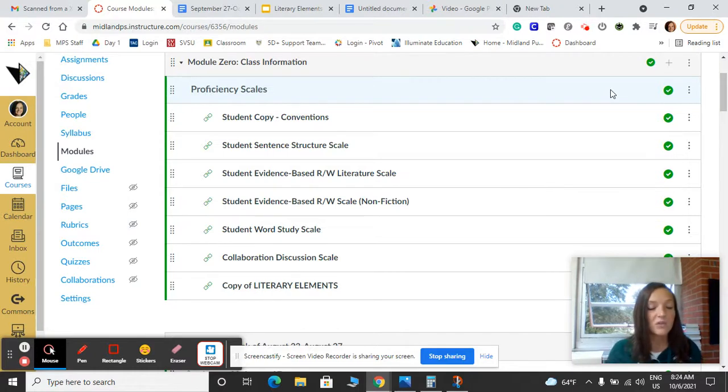So I do keep track and I do document student behavior. So if I've reached out, it's because I've kind of reached a point where I'm like, I don't know what else to do. I've tried every teaching technique I can think of to correct this classroom behavior. And if it becomes more of a problem, I will be reaching out to you. But I want to get to those positive emails too, like, look how great your child is doing in class. So I'm hoping to get to those as well.